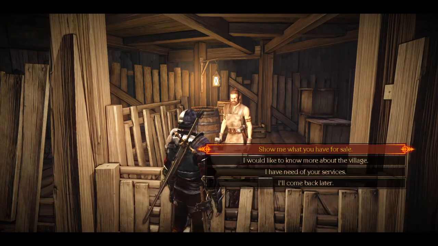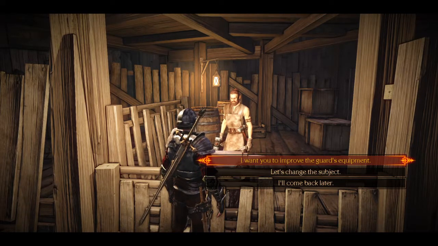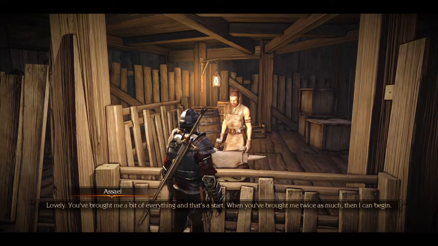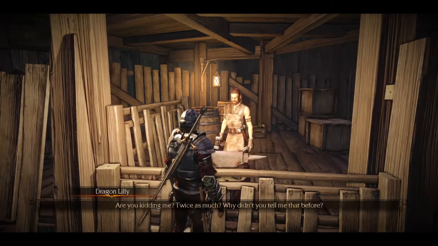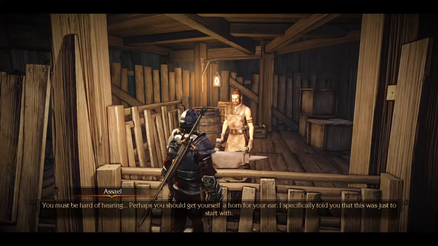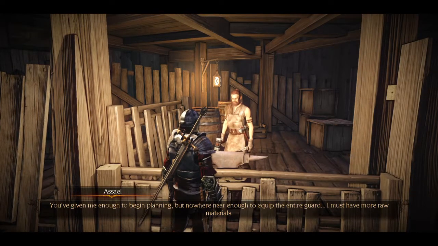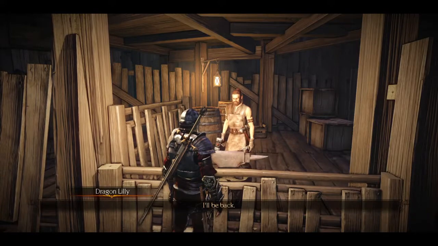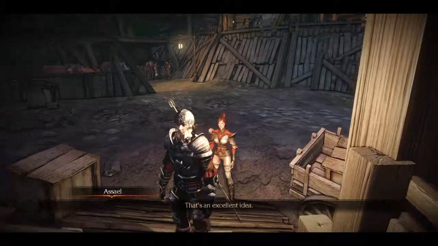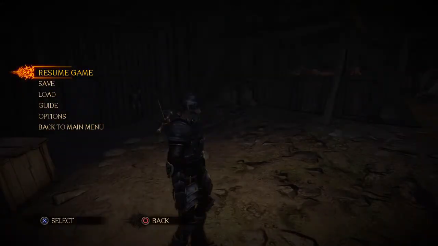So, you have returned. I'll get you something to work with. Lovely. You've brought me a bit of everything, and that's a start. Twice? You must be hard of hearing. It will be a quest. You've given me enough to begin planning, but nowhere near enough to equip the entire guard. All right, I'll get them. I'll be back. That's an excellent idea. Well, let's see. Unfortunately...